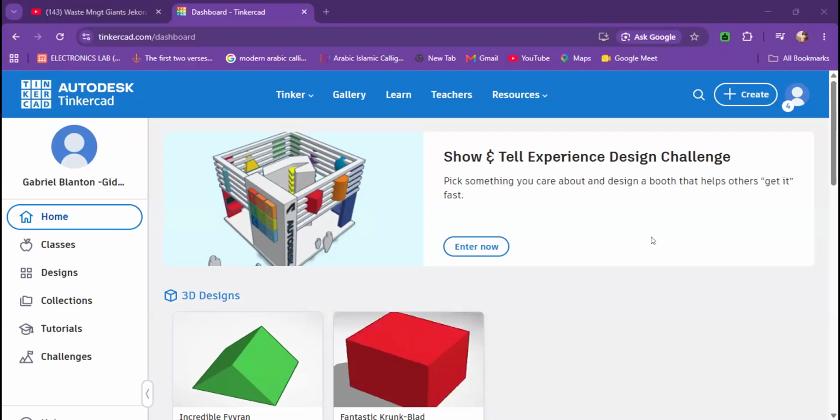Then we can use it to do 3D modeling. We can use it to write code blocks, write computer programs using it. We can also use it for simulation of